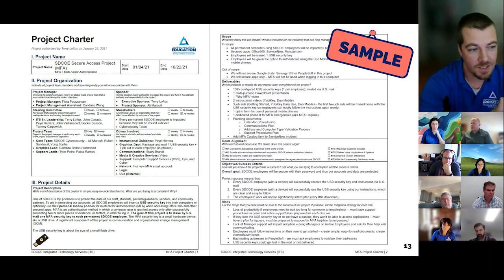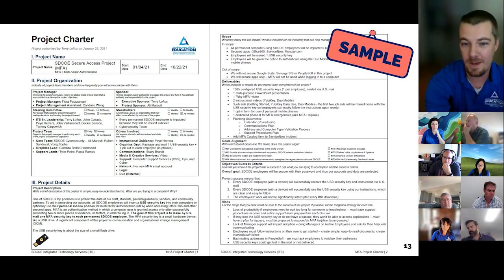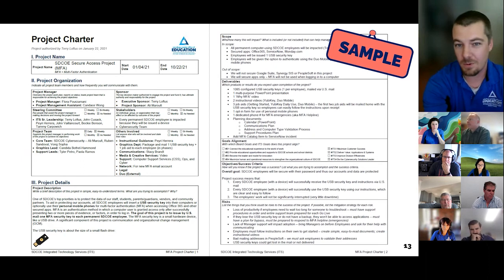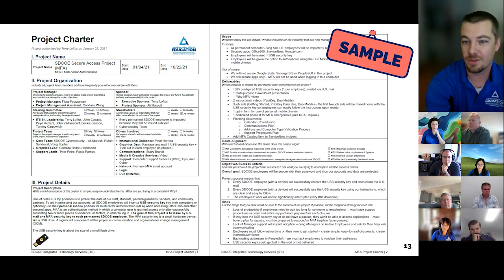And then next, we've got our project details. I'm not going to read all this now, but you can see what I mean. This is the layman's terms. This is the superintendent's elevator pitch. We're not getting carried away with MFA methods and hardware and software requirements. We're just breaking it down to the real simple core of what that project is about.